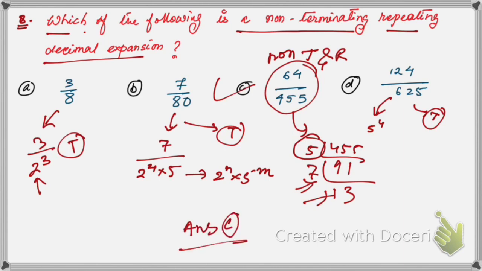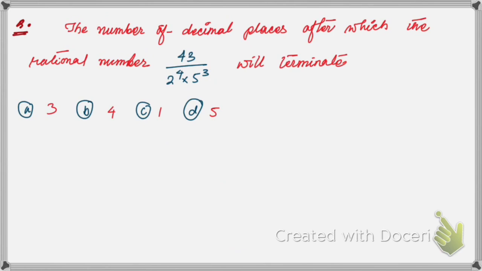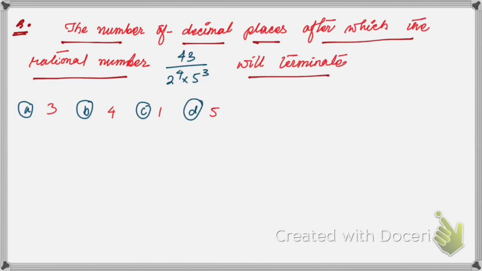C is the correct option. So now next we have the number of decimal places after which a rational number will terminate. Now you see, if you have a rational number 43 by 2 to the power 4 into 5 to the power 3, first check that